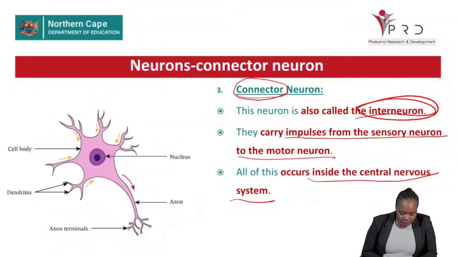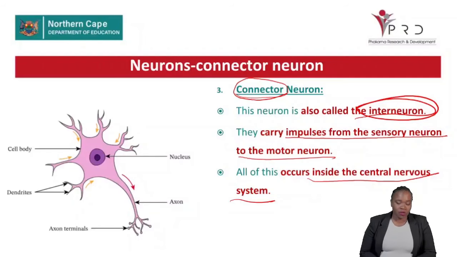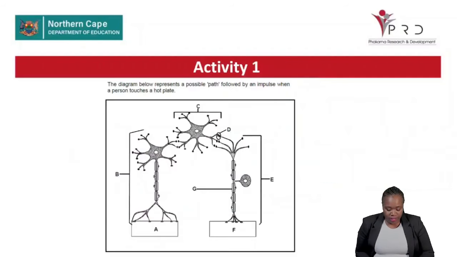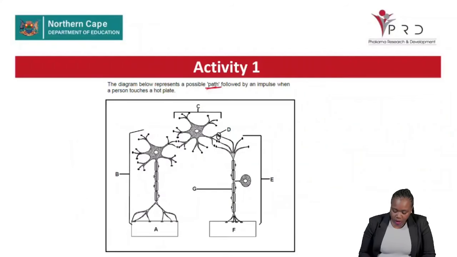As you can see, there's the cell body, the dendrites, the axon terminals, the nucleus, and the axon. Remember, the axon is surrounded by that myelin sheath. Okay, let's have a look at our first activity. It says the diagram below represents a possible path followed by an impulse when a person touches a hot plate,